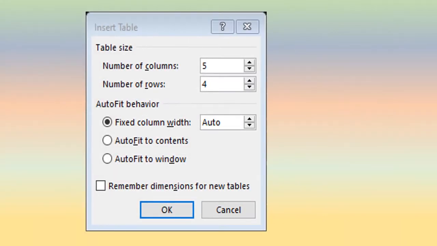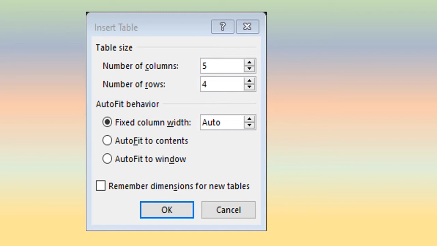When you will click on Insert Table option, such type of dialog box will appear on your screen, in which it will ask table size. Inside that you have to fill number of columns and number of rows. Here I filled number of columns 5 and number of rows 4.